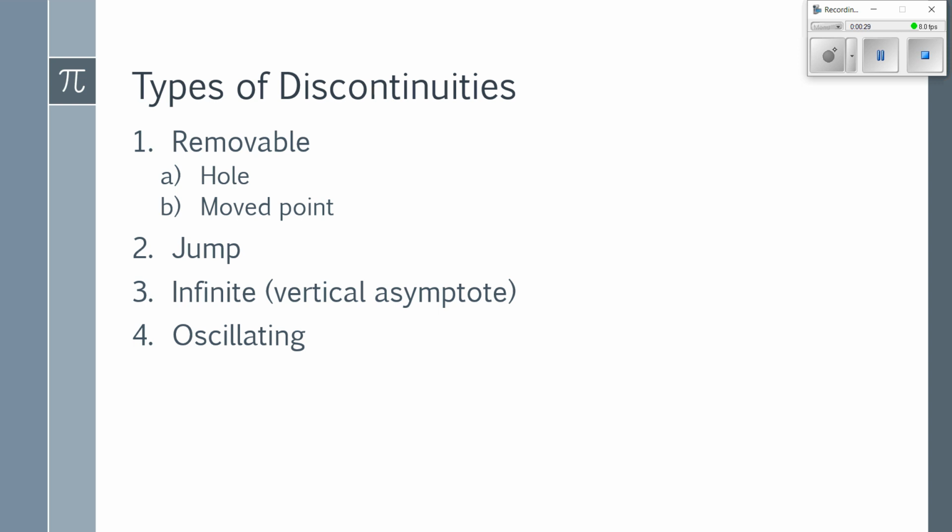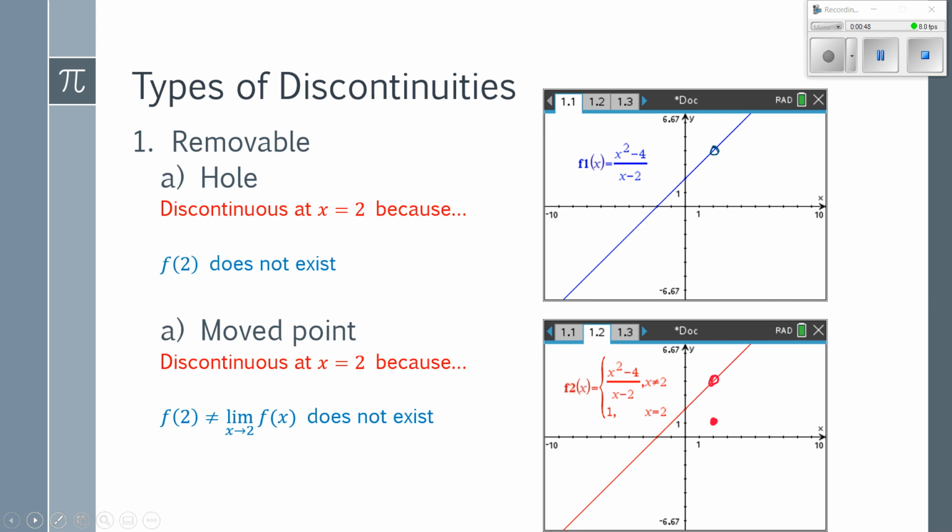we have oscillating. I wanted to show an example of what each graph looks like, and if they were to ask you why there's a discontinuity, what part of our discontinuity at a point causes the problem? So with this, holes you've seen before. So this would be an example of if we have a function